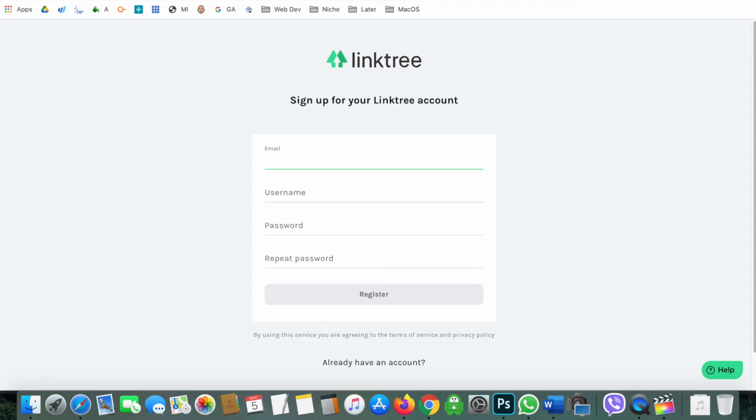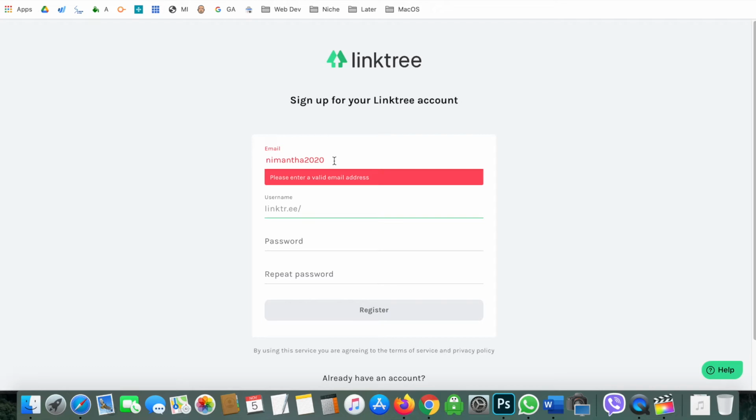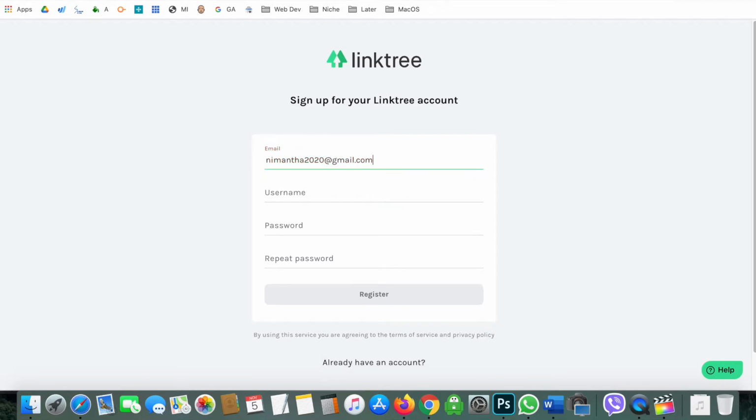So let me type something else. Any month, 2020. Okay. At gmail.com tutorial, and then it is coming linktr.ee/ you can put your username.